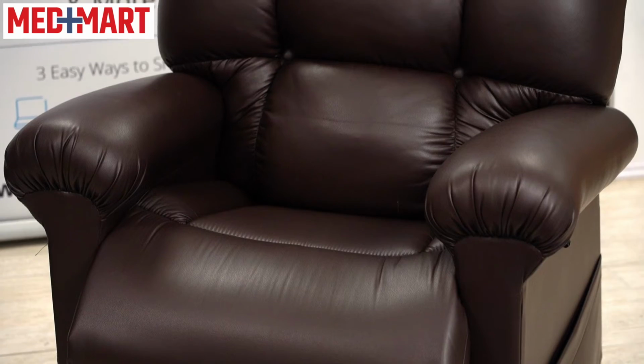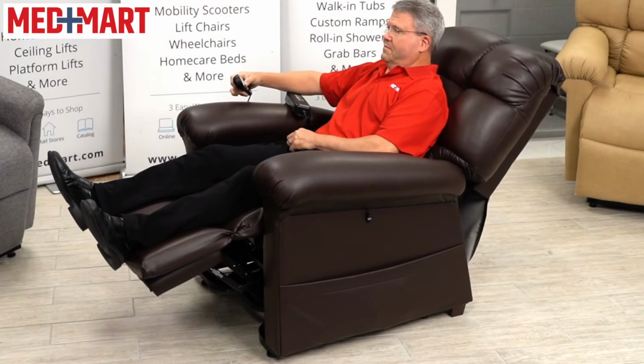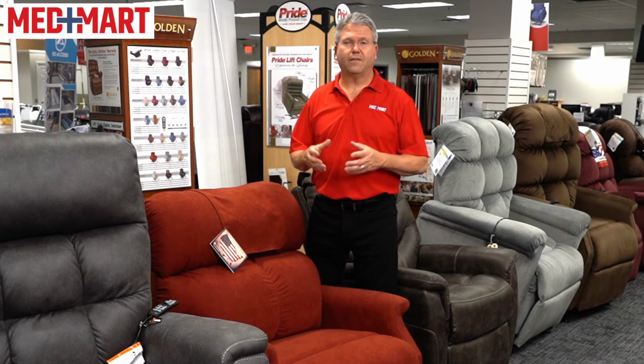One other nice upgrade is the synthetic leather that's available in some of the chairs. A lot of times it's scratch resistant, it's easy to clean, it doesn't absorb heat the same way as some fabrics do. The last question about fabric is, unfortunately sometimes people admit that the person that's going to be